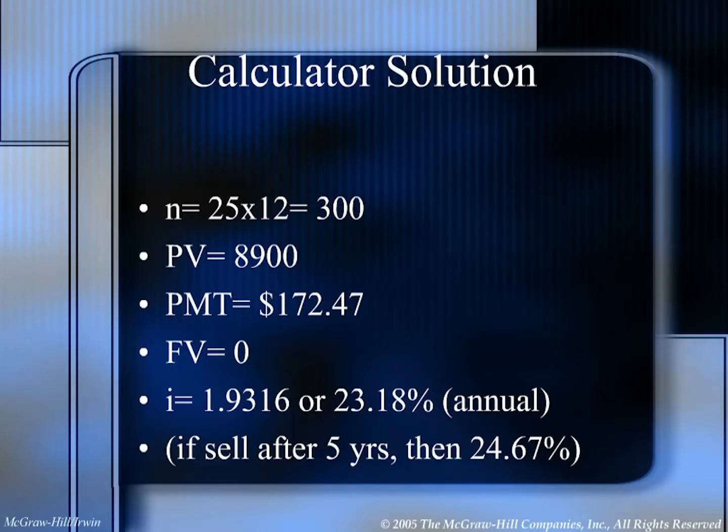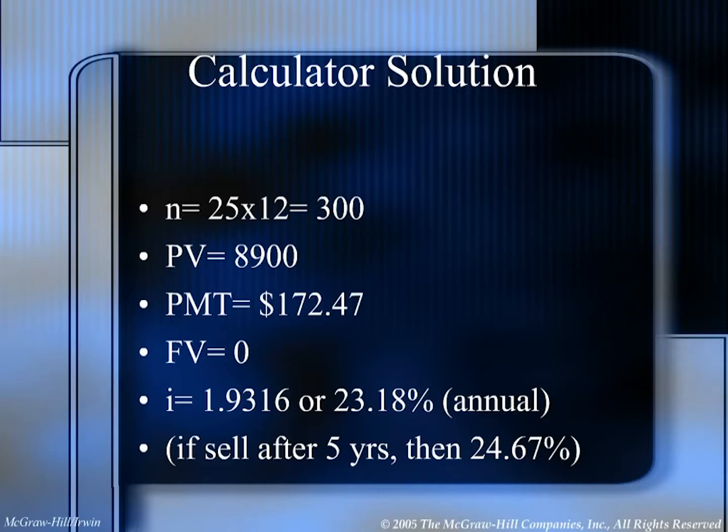So if we calculate the effective yield here with our calculator, assuming again that we're going to sell it after 5 years... First we're doing it not after 5 years. First we hold it to maturity. So we have the next 25 years, so n is 300. The amount of money that we're actually borrowing, the extra amount, $8,900 in this case, once we take the points into account, $172.47 for the payment, fully amortizing, so your future value is 0. Calculate the interest rate, again, that's a monthly rate, multiply it times 12, and we see that it's